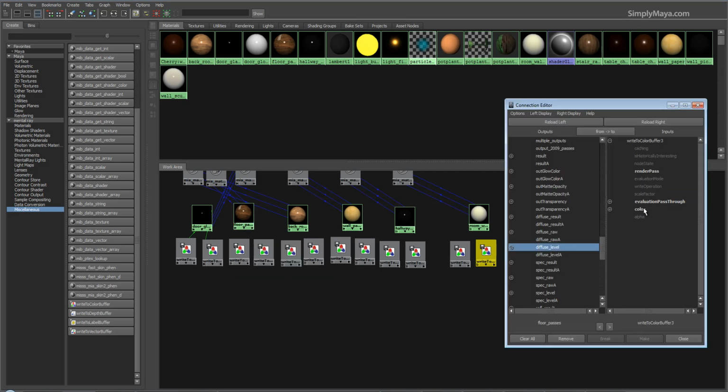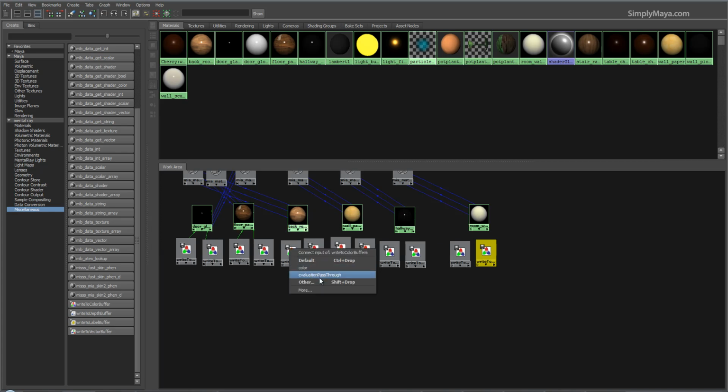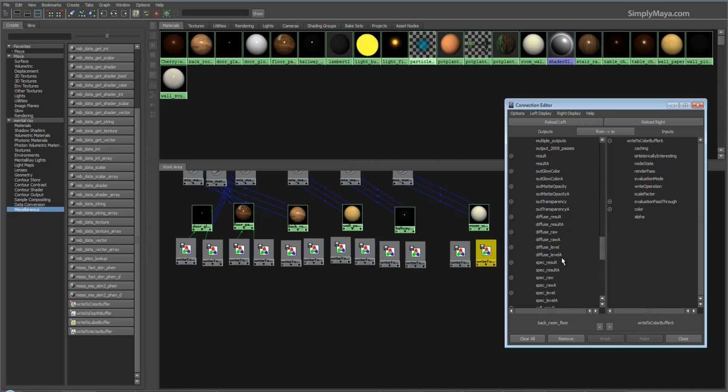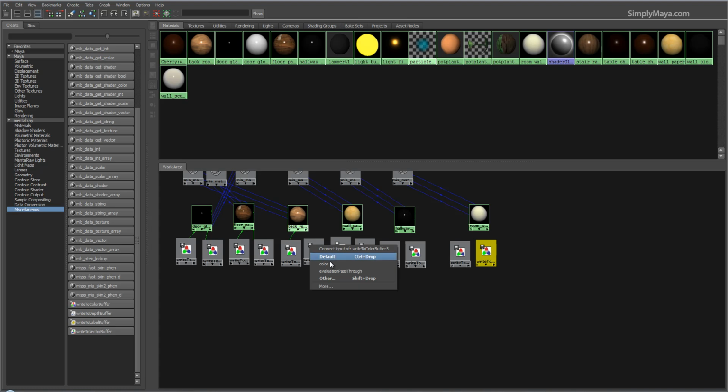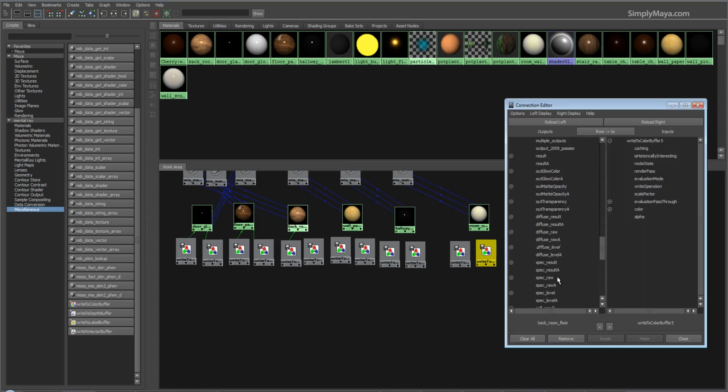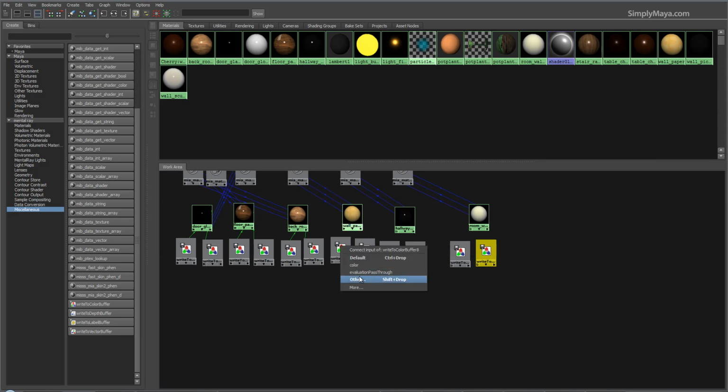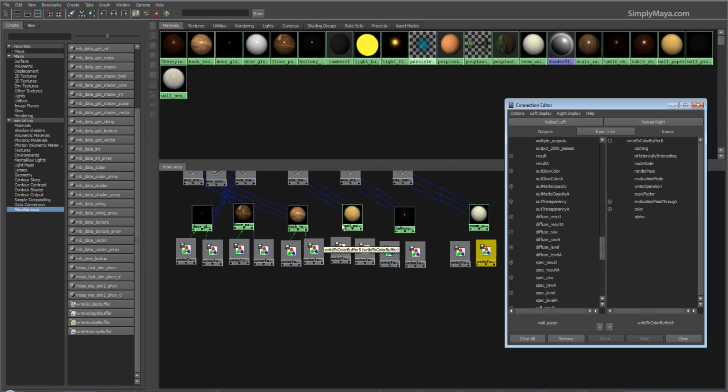Diffuse level, color, other, diffuse raw, color, and the same. As you can see, this doesn't actually take too long. It is a bit of a boring, repetitive task, but